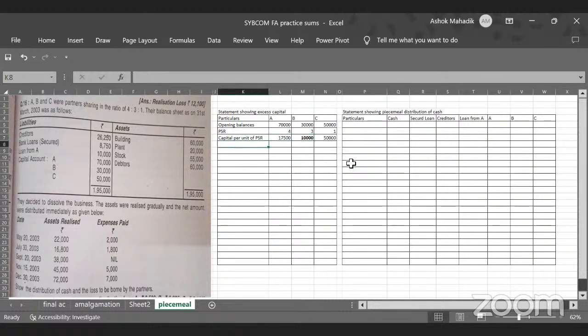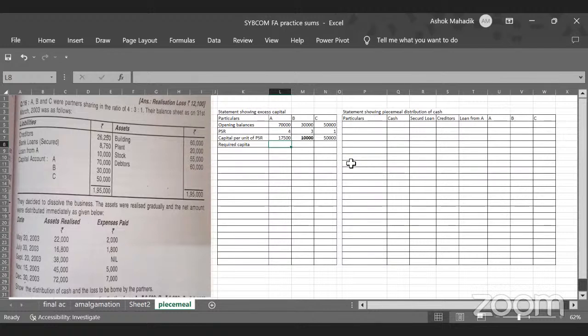So if we take B's capital as base, what is the required capital? So I'll write here required capital. Now if we consider least capital, who has got the least capital per unit? Mr. B, because for 3 shares he has brought only 30,000. So per share he has brought 10,000 only. Clear? So if that is the case, then how much must A have contributed? If 10,000 is per share, and he has 4 shares,